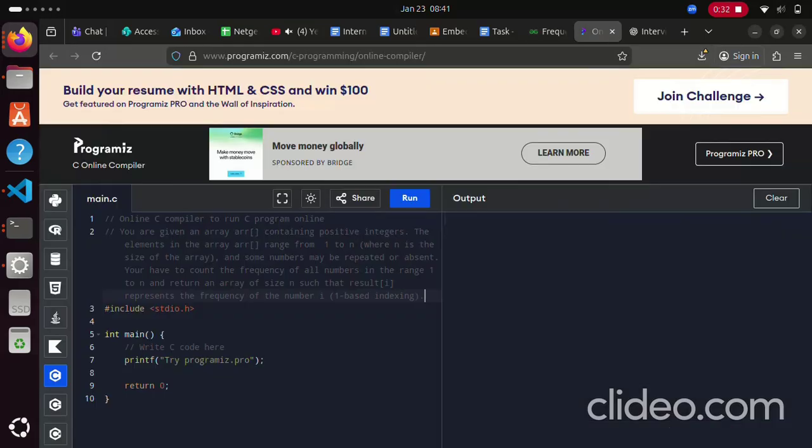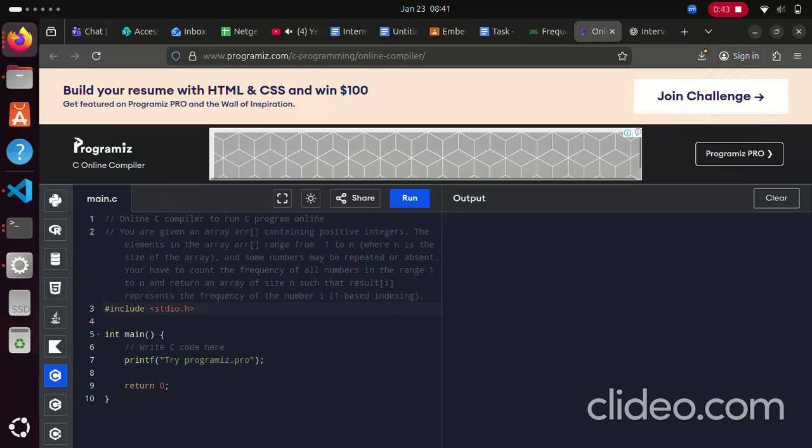Now the thought process is I will be iterating through the array in a loop, and I will be incrementing the number I found there in the resultant array. So writing the code, creating a void function,